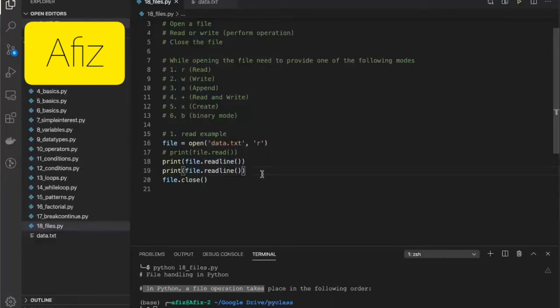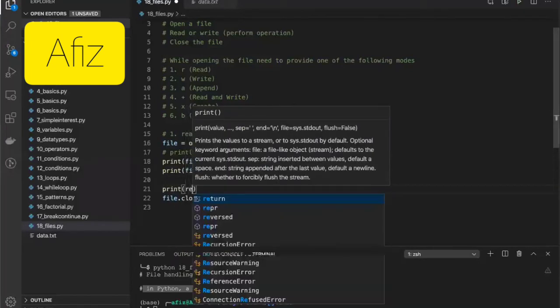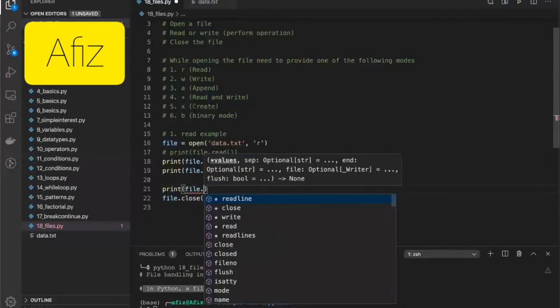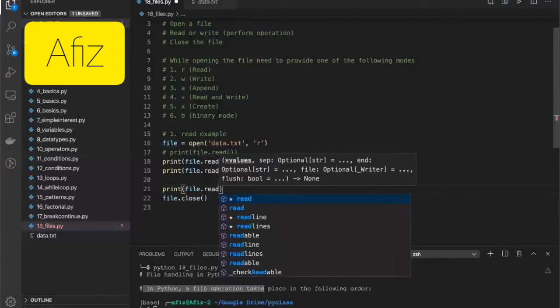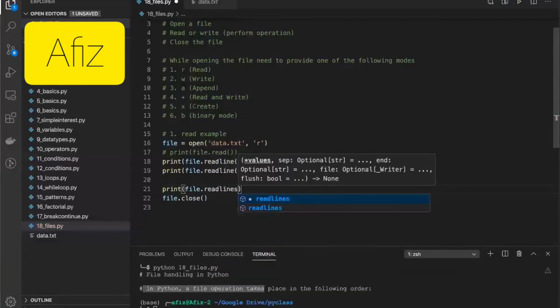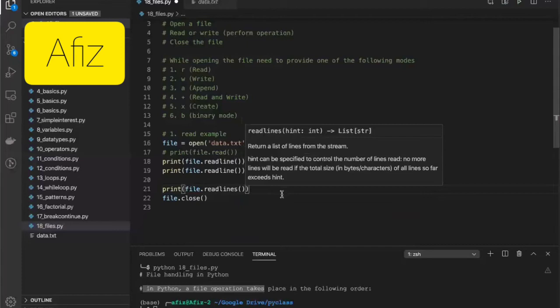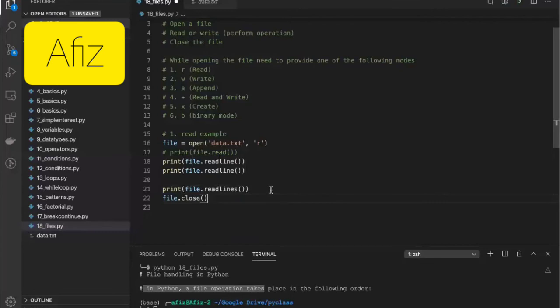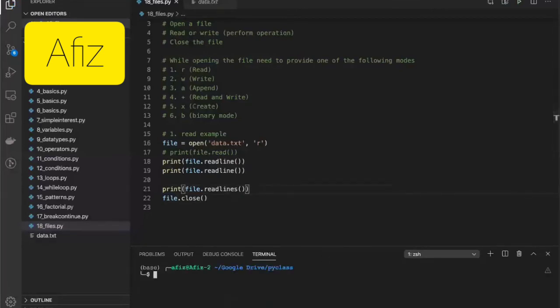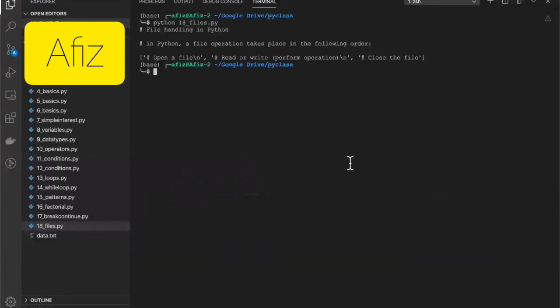Now you might be getting ideas: I don't want to read line by line, but I want to read all the lines in one go. That also we can do. Just like readline, we have readlines also. The readlines will read all the lines over here. Let's run this program and see. You will be surprised.